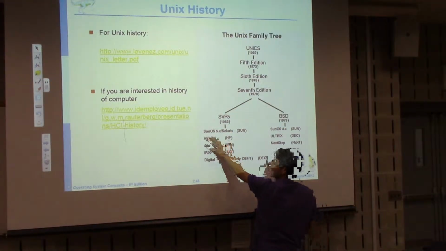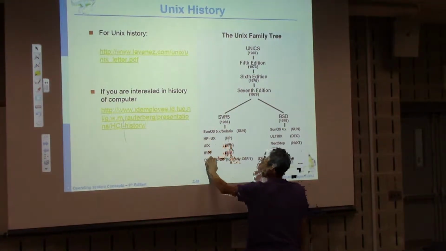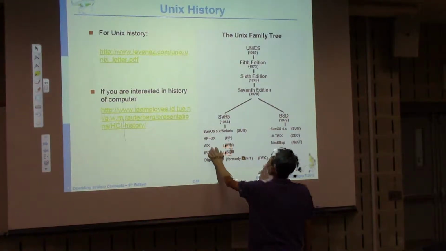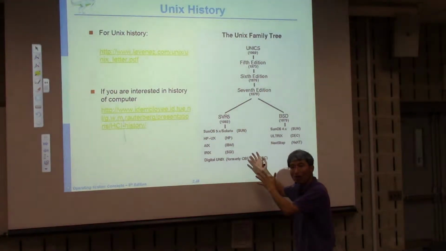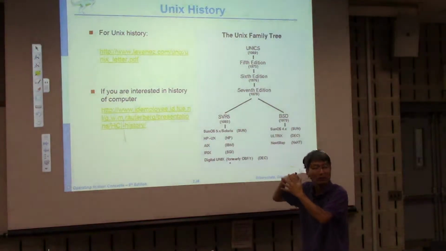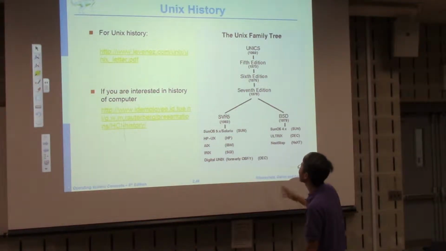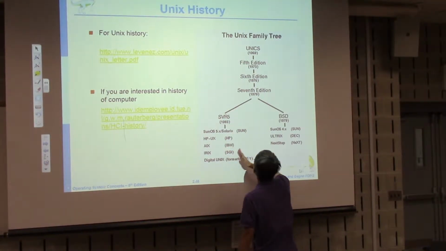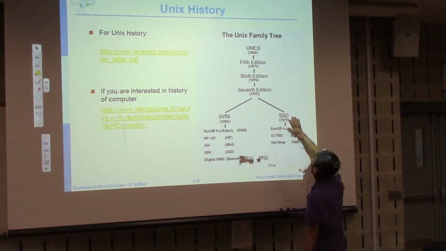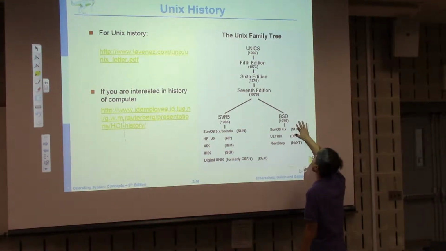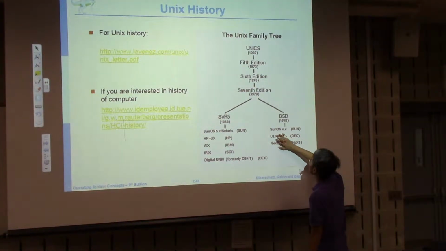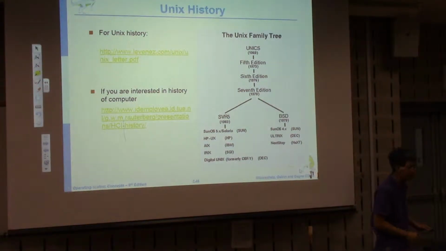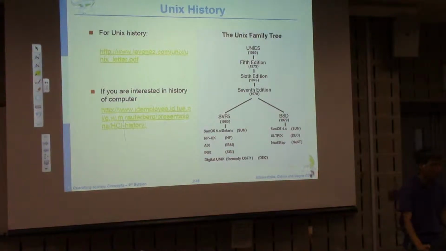So there is HP Unix, AIX from IBM, and IRIX. I never used that one, but SunOS is still the Solaris version. I don't think we have the Sun lab, but we had one several years ago. So these are from the System R project, the Unix system, and another part is the Berkeley, and still many of the operating systems follow such a Berkeley branch. So if you want to see the history of the Unix system,